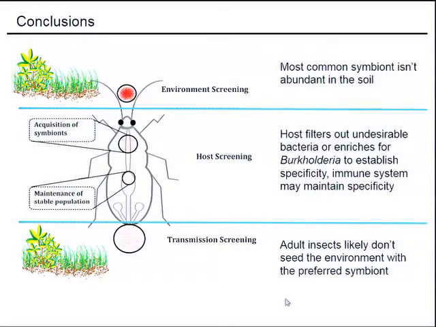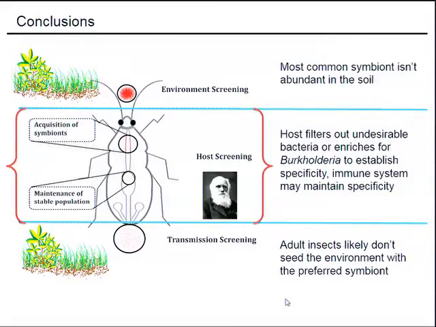It looks like it's already established in the midgut, so it likely happens somewhere in the mouth parts or in the foregut of the bug. And that's where we're really looking at next to see what's going on in there bacterially. And I'd also like